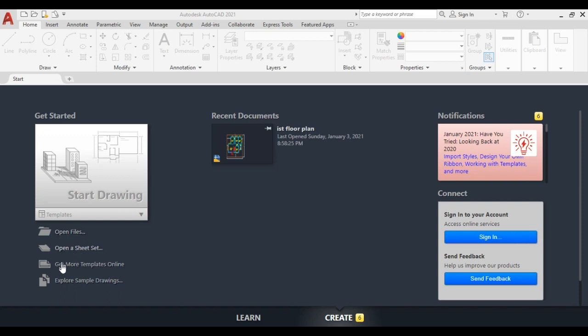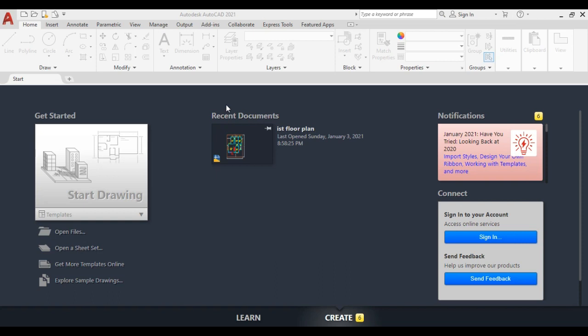You can get more templates online and explore sample drawings, which is especially useful for beginners to learn more. In the recent documents section, you can see any task or work you performed in AutoCAD and saved.